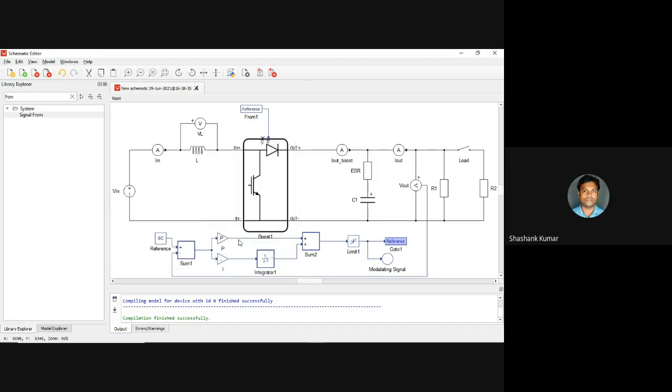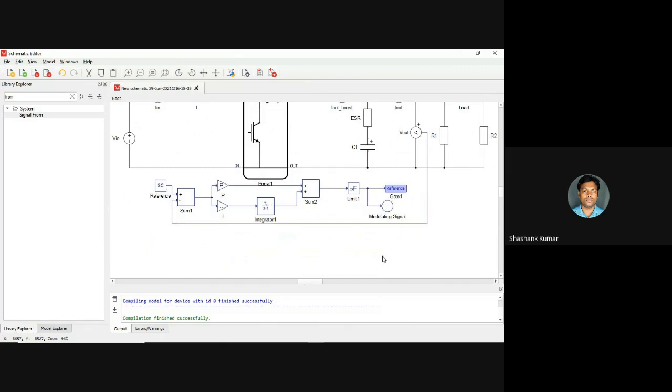Local is used for subsystems. Say you have a complex system, and you are planning to design different subsystems. In that case, you don't want the signals to interfere between the different subsystems, so you can select the local option.